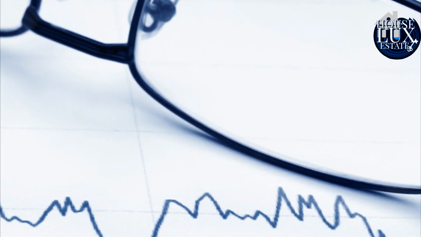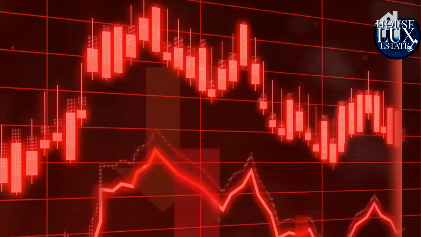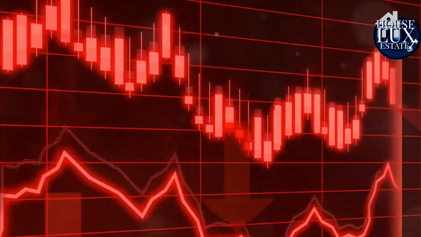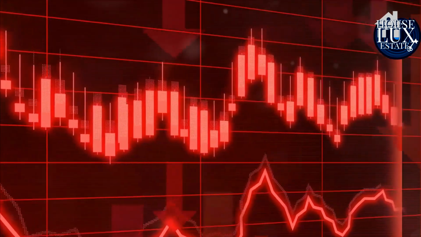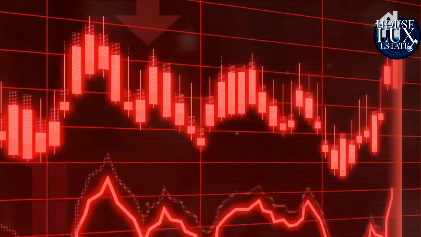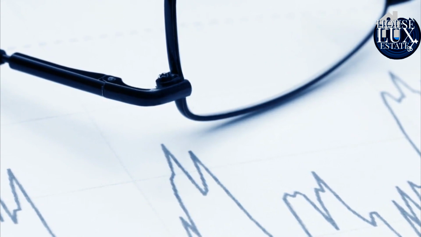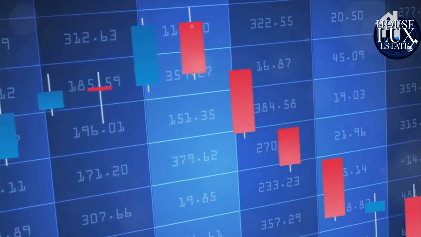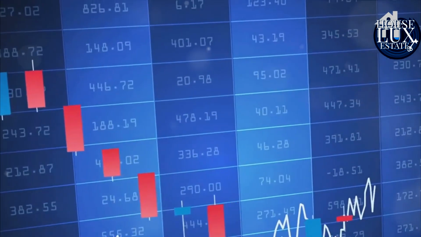Lastly, we have volatility. Volatility refers to the degree of variation of a trading price series over time. High volatility usually means there is a significant amount of uncertainty or risk associated with an investment. This uncertainty can cause investors to hesitate, which can reduce liquidity. On the other hand, low volatility often indicates a stable market, which can boost liquidity as investors feel more confident in their trades. These three factors, volume, time, and volatility, are interconnected and can greatly influence the liquidity of the